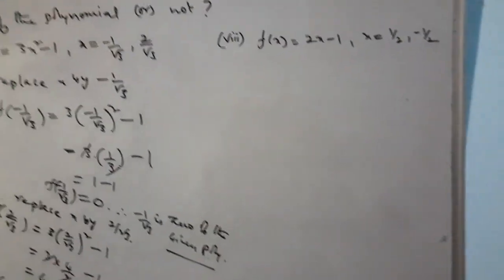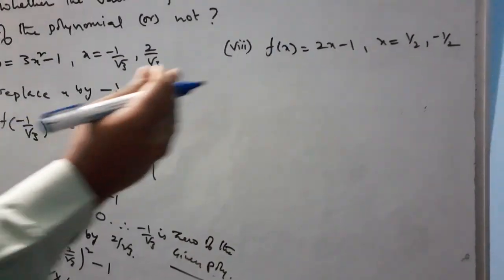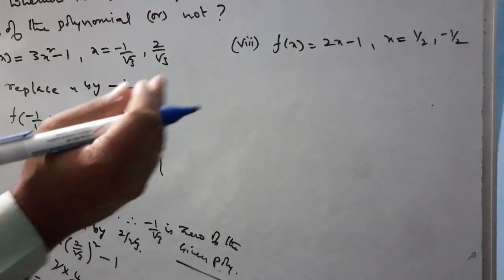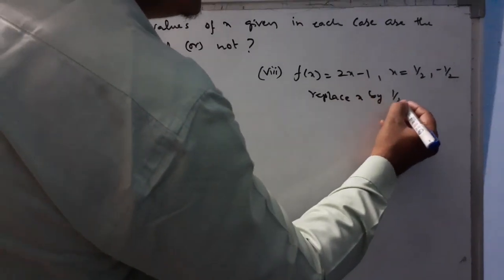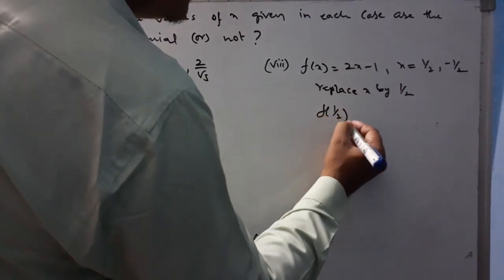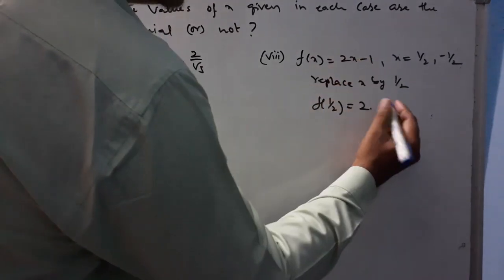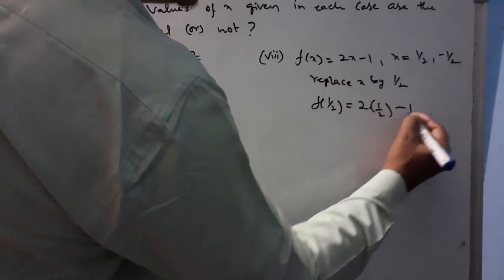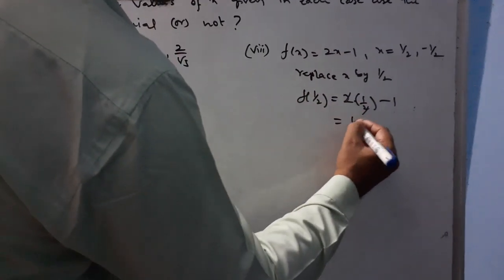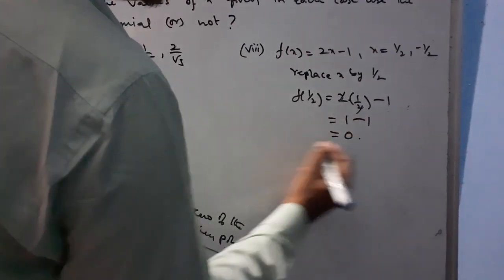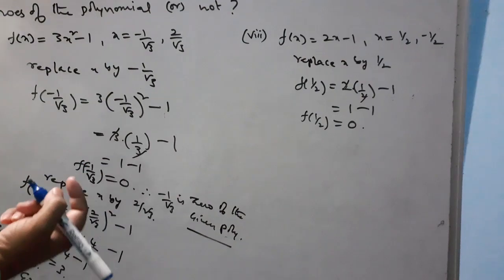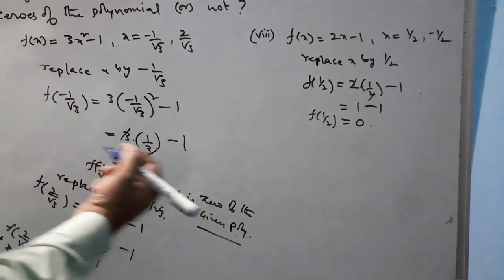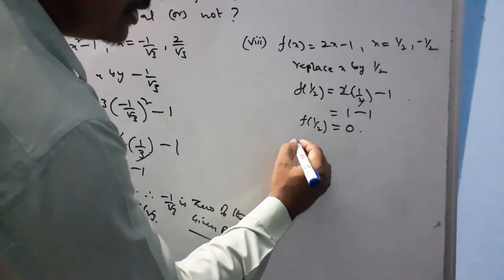Next, f of x equal to 2x minus 1. Here x is equal to 1 by 2 and minus 1 by 2. Here also replace x by 1 by 2. So f of 1 by 2 is equal to 2 into x, x means 1 by 2, minus 1. 2 will be cancelled, that is equal to 1 minus 1, that is equal to 0. f of 1 by 2 equal to 0. So 1 by 2 is a 0 of the given polynomial,